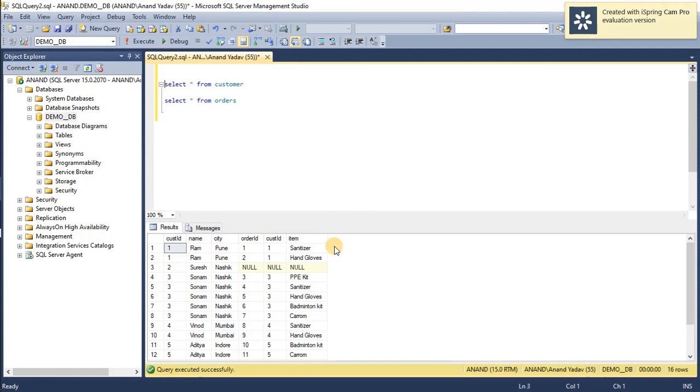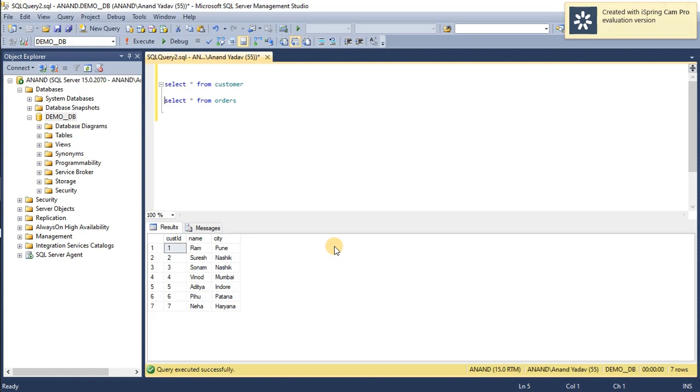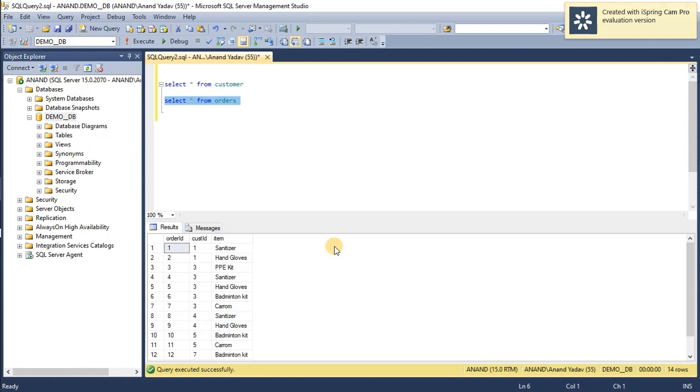So in the practicals, we are going to use again the customers table and the orders table. The customers table contains three fields: customer ID, name and city, and it has 7 rows. And in orders we have a bunch of records. You can see that three fields contain 14 records.